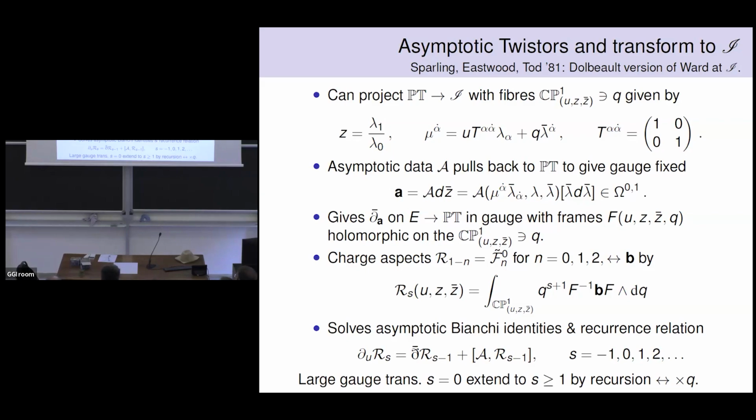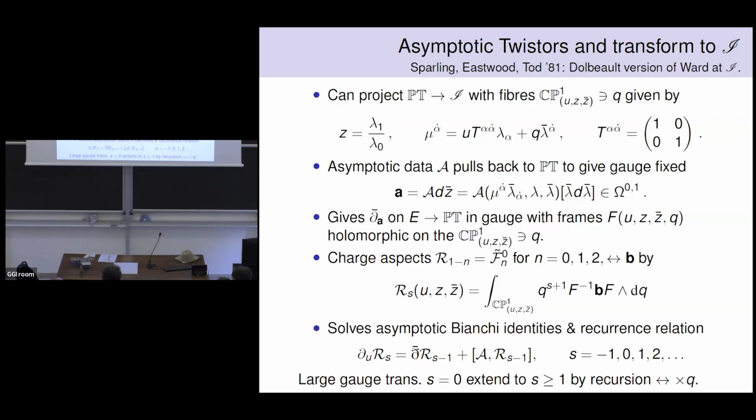So you can't tell whether you're in the self-dual sector or the full sector. You still have both pieces of data there in the twistor action. It's only when you evolve into the bulk that you start to see a distinction between the self-dual and the full theory. And this is all curved space,